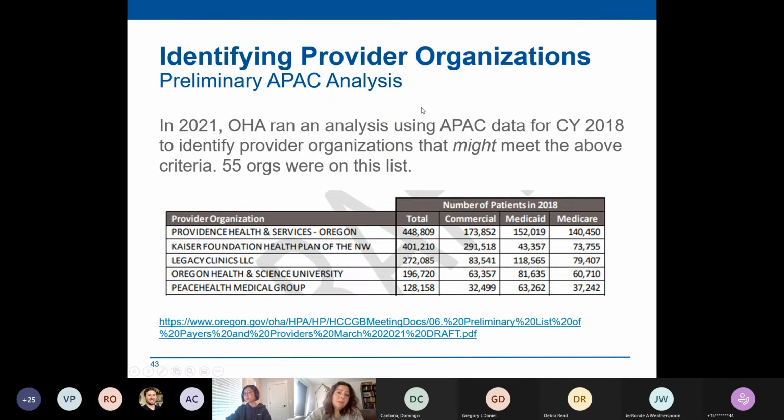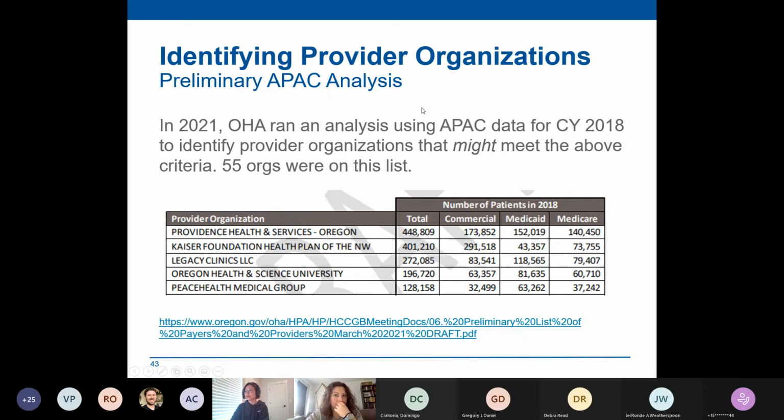We identified 55 organizations on that list, but that was never our end goal. The APCD analysis was never the definitive source of which provider organizations would be part of the program. That was always going to be coming from the data submission templates. And now that we have almost all of the initial data submission finalized and validated, we have been combining all of that data and preparing to identify the provider organizations. So I'm going to kick it to Yishan to talk about how we created that list before talking about who's actually on the list.